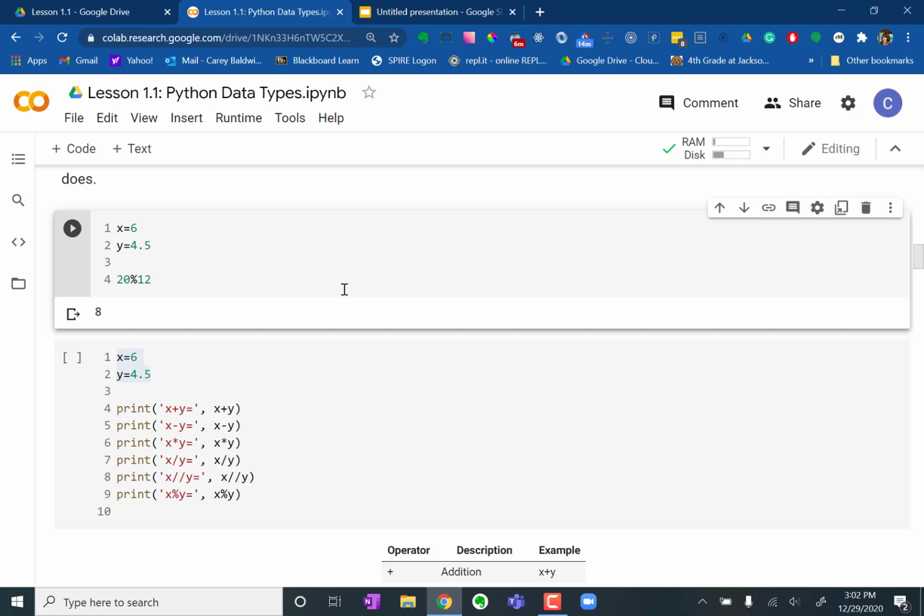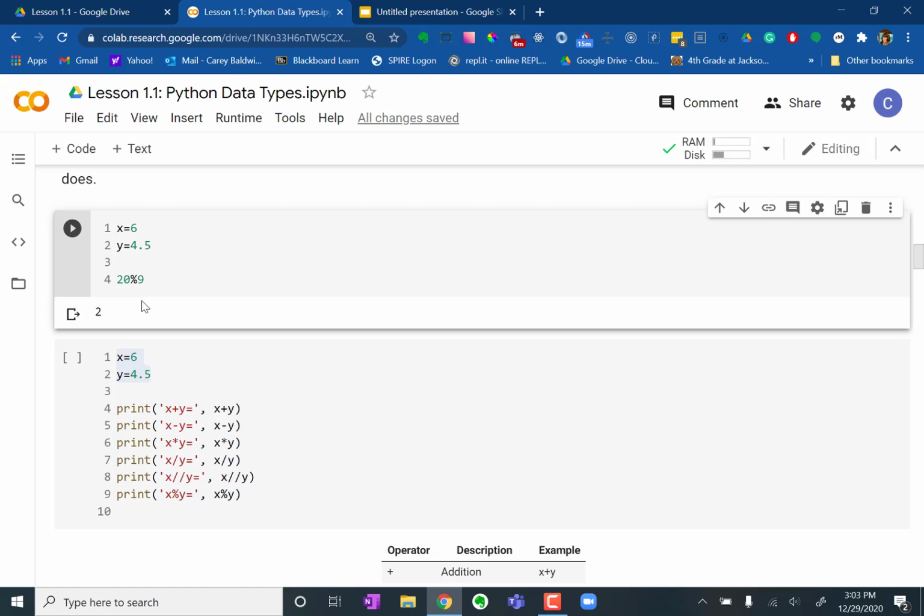Okay, so here's the deal with this operation. What we're getting is the remainder after division has been performed. So we got 0 as a remainder when we divided 20 by 4. We got 0 as a remainder when we divided 20 by 5. But when I divide 20 by, say, 9, I got 2. Well, that's because if I divide 20 by 9, I'm actually dividing 18 by 9, and the